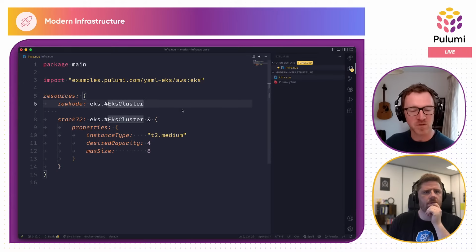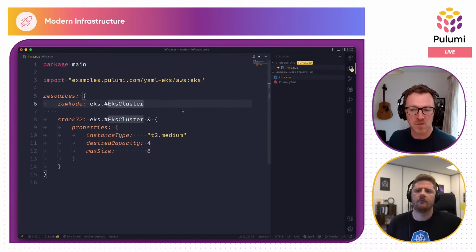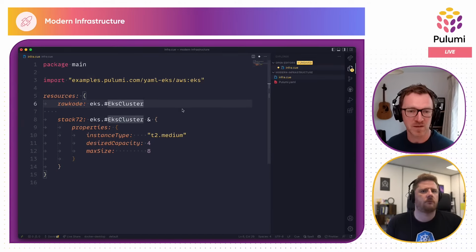So this is how the schema part of Q and data sitting alongside each other work so nicely, is that you're seamlessly using the two together here in order to make the writing of your configuration much easier.